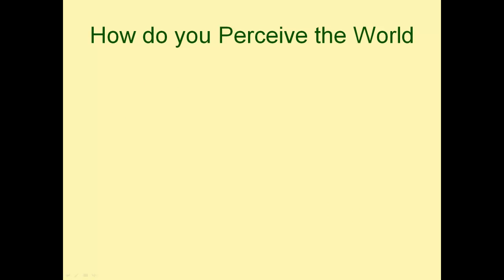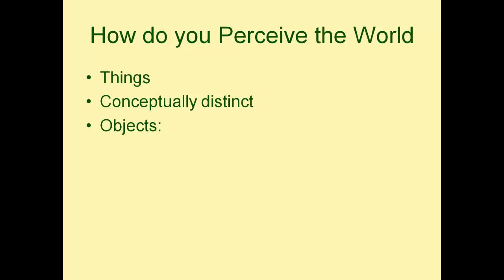So let's think a little more about this. How do we actually perceive the world? Well, we perceive the world as a set of things, and these things are conceptually distinct. We think of an animal, a bear, being different to a cat. We think of a glass being different to a microphone. We think of a window being different to a piano. Why? Well, basically it's because we think of these things as objects,